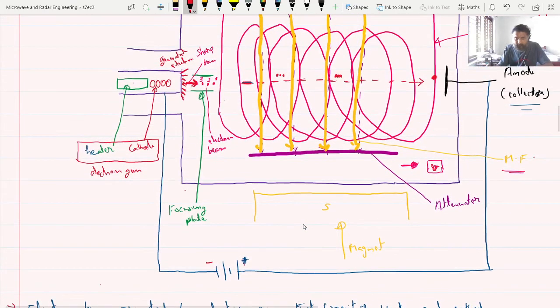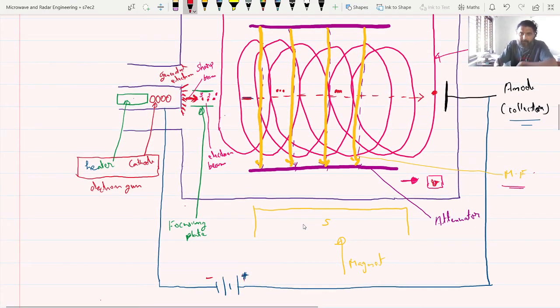So in this case, you can see that the three electrons are moving. The gap between the electrons reduces as they travel further towards the anode section. The velocity of the electrons will be lowered at the end, and hence the bunching occurs at the final case.